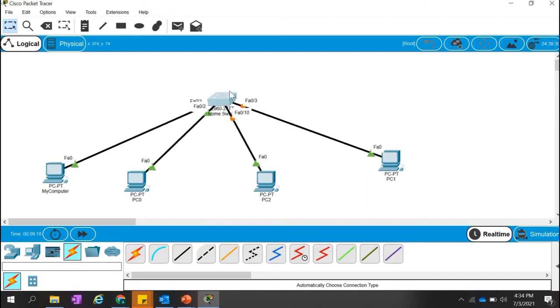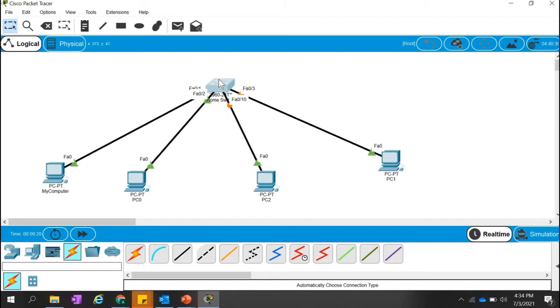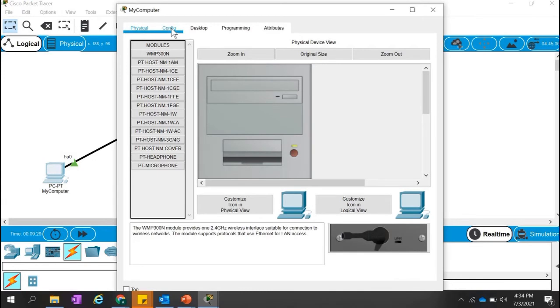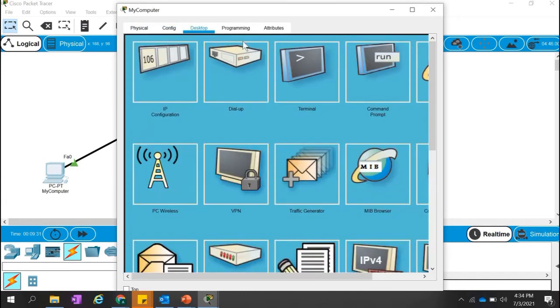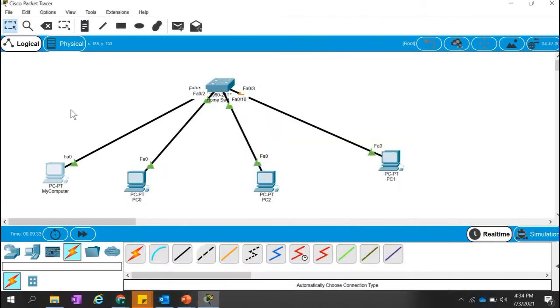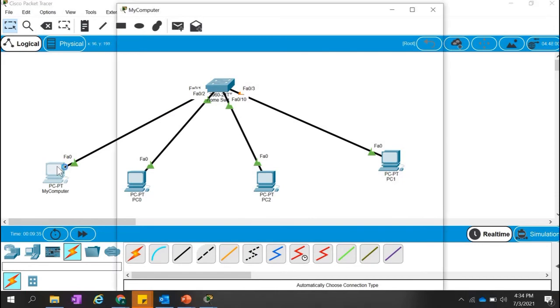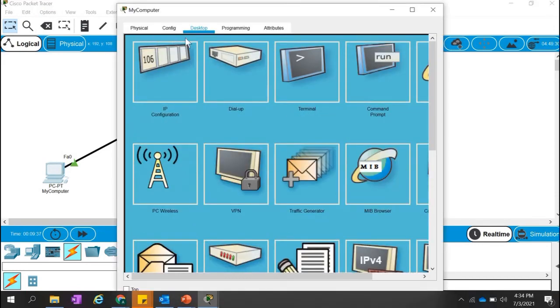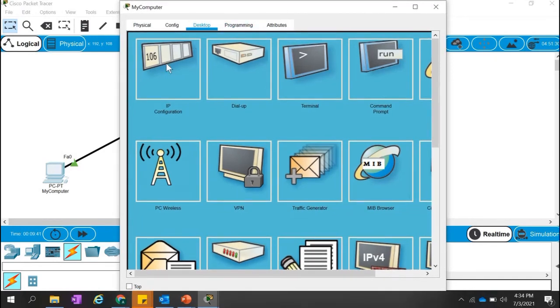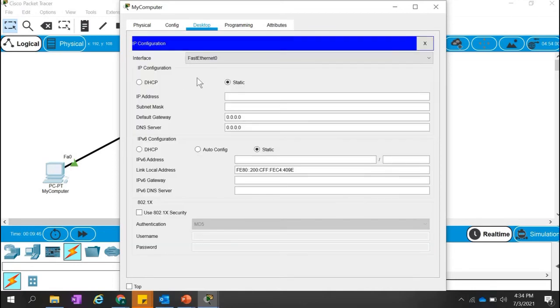Okay, if you have bought a very new switch, you don't have to do any configuration on the switch. You just have to assign the IP in the computer. Okay, so in Packet Tracer, how are we going to give the IP to the computer? Just click on this one. The window displays like this. We can click on IP Configuration. Click right here and it displays the IP address you want to give.